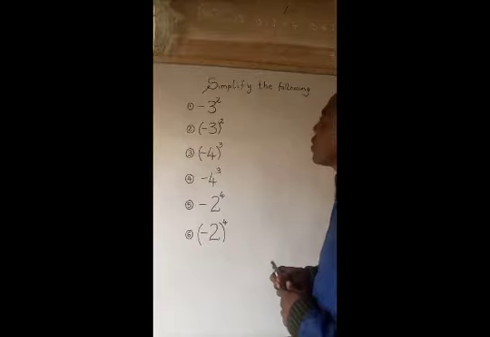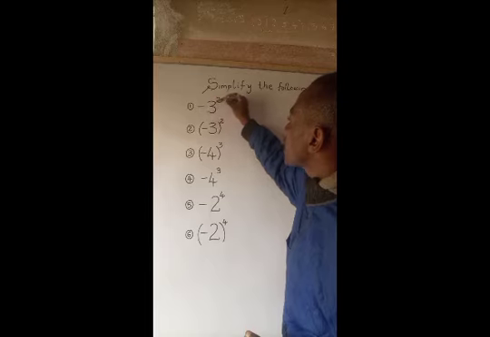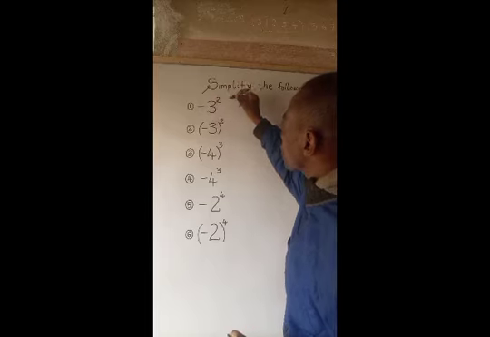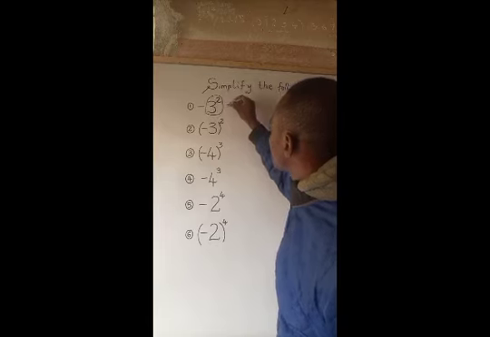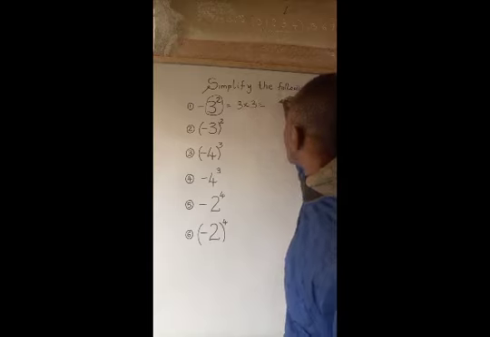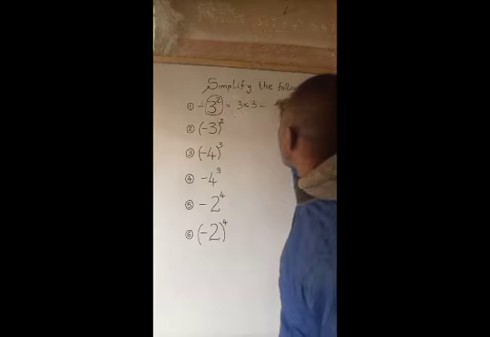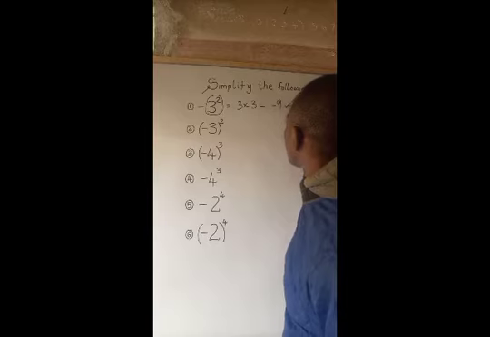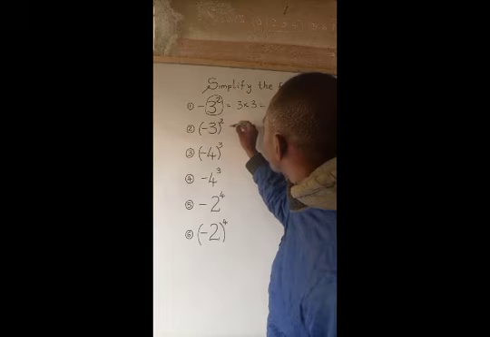99.9% fail this. Like in question number 1, we have minus 3 power 2. So for this, the exponent first, which is 3 times 3, equal to 9. Then the negative sign. The second one, what we have in parentheses,